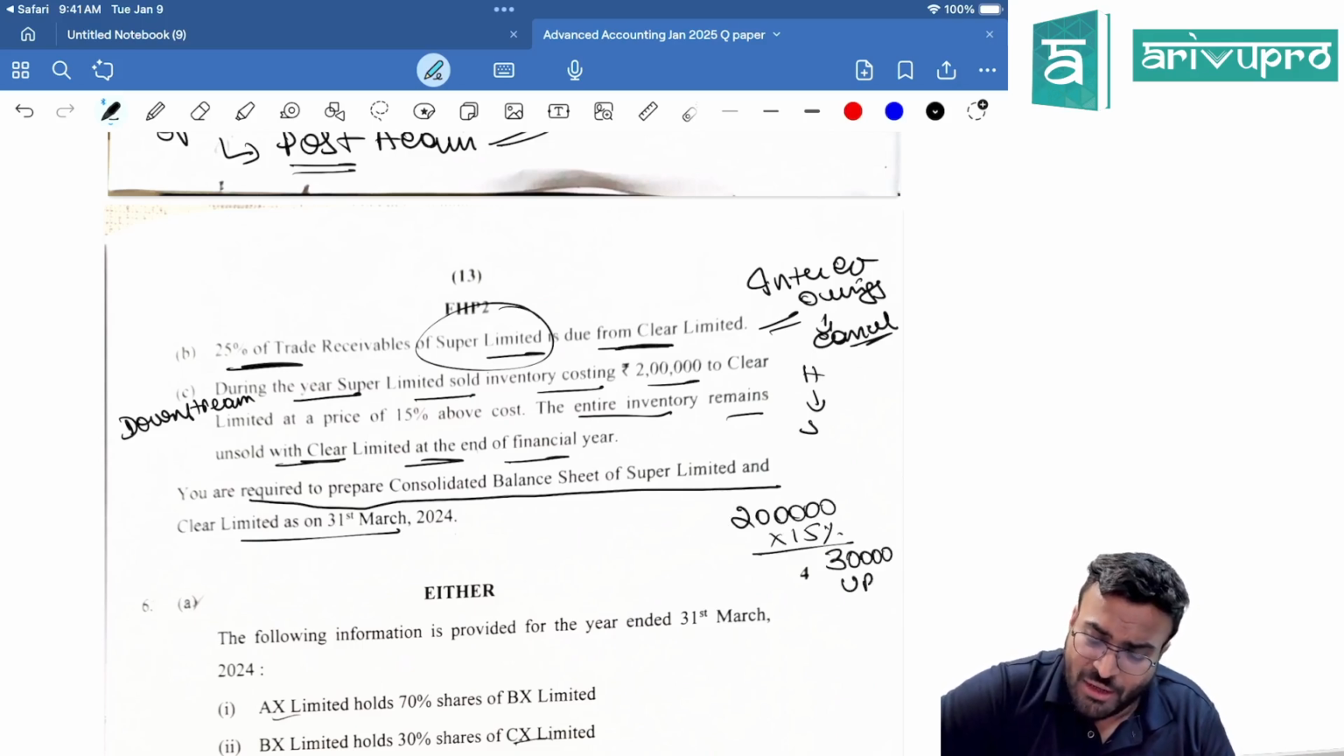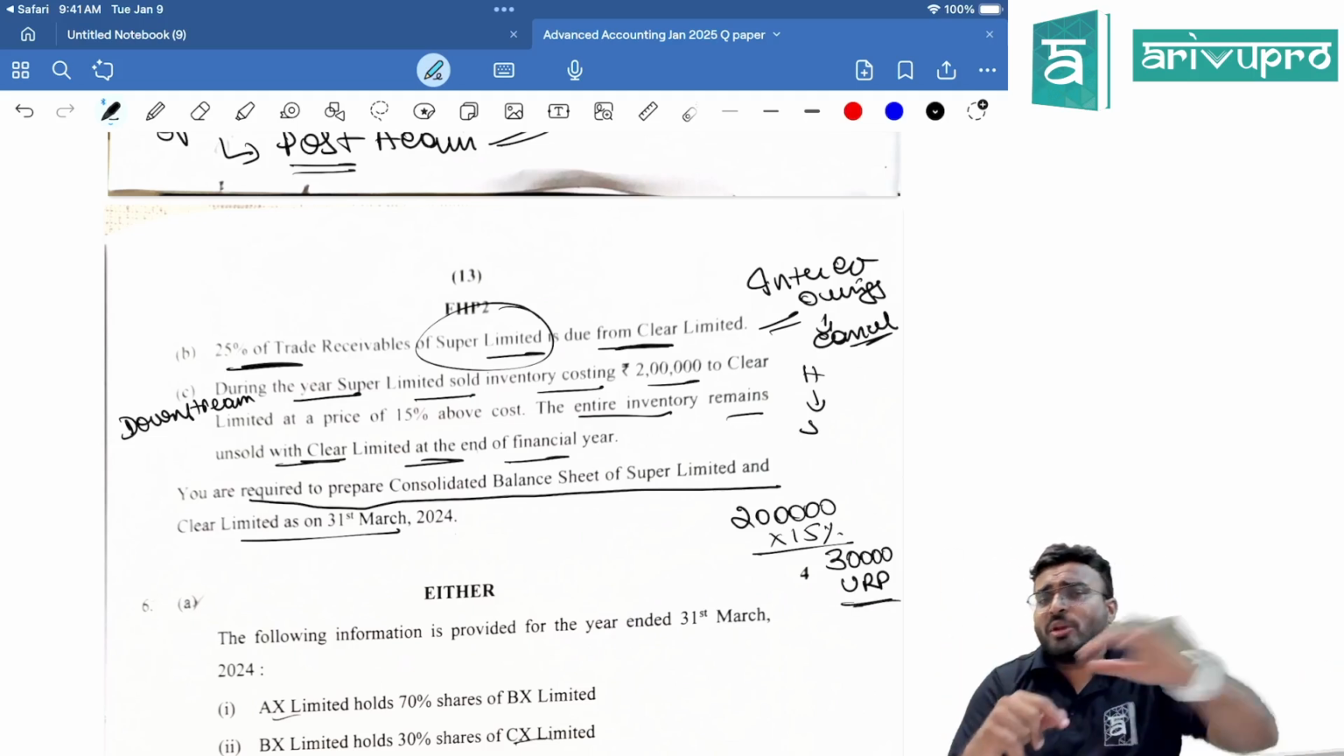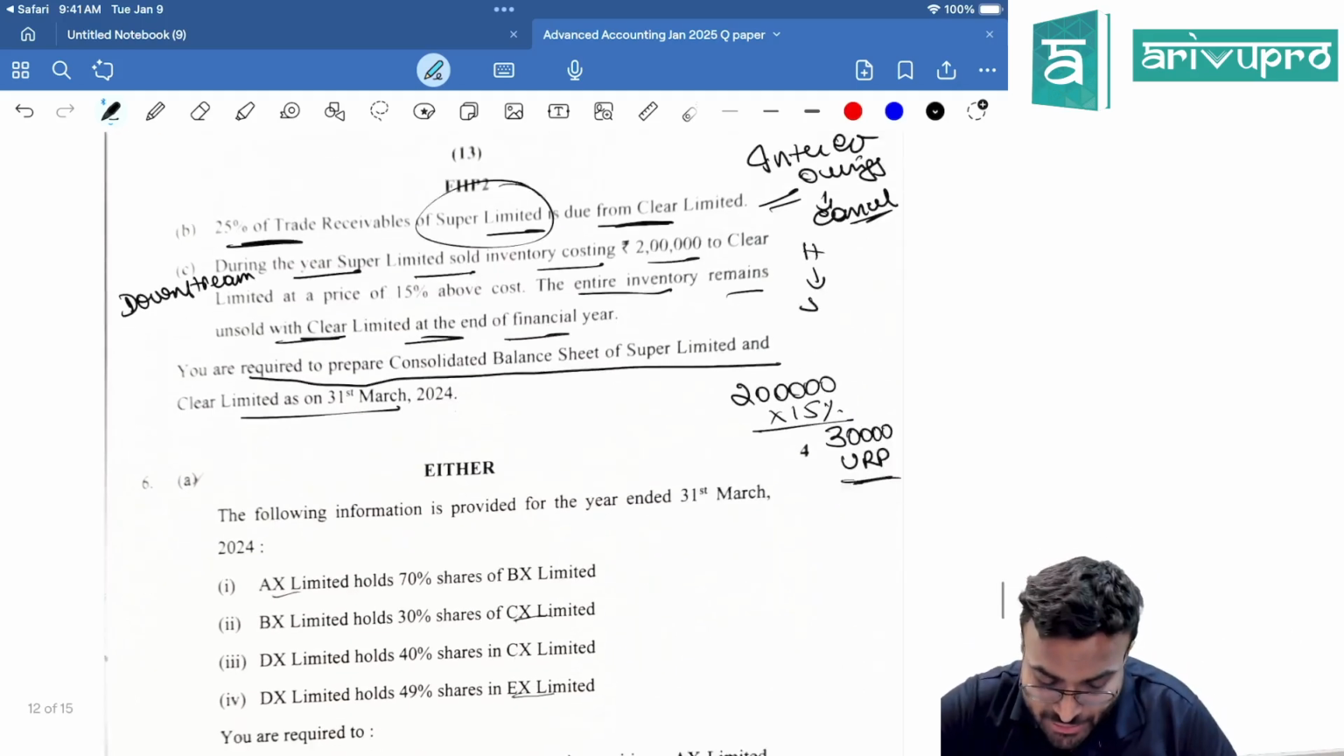30,000 is your unrealized profit. Shouldn't be a problem. Easy question. Remove it from reserves and surplus. Also remove it from inventory. That should be it, guys. Either